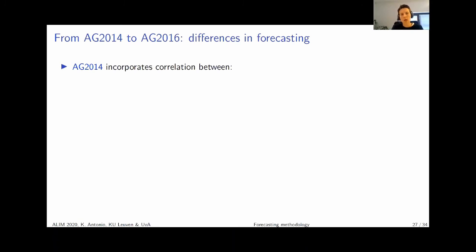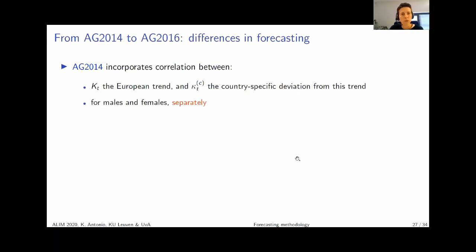If you look at how these publications by the actuarial associations evolved over time, then you see that in the more recent publications, 2016, 2018, we're allowing for correlation between the time series models calibrated for female and for male data. So in 2014, we only incorporated correlation between the European trend and the country-specific deviation from this trend for males and females separately. That means we were working there with a bivariate time series model